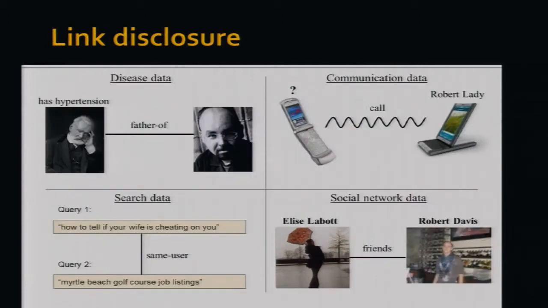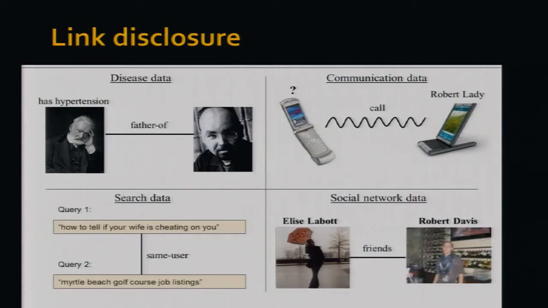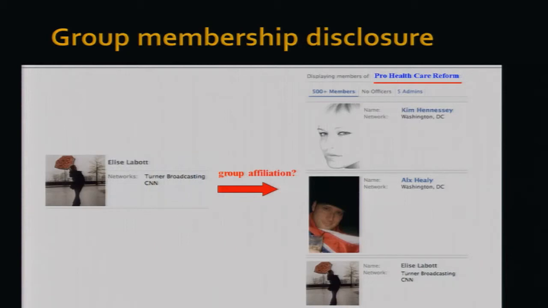Then two other disclosures that are important once you have graphs are links. It may be the case that certain kinds of links are very sensitive, and so you want to think about what's involved in making sure that you can't tell that someone participates in a certain kind of relationship. And the last one I'll mention is group affiliations. This is the notion that I'm a member of a community, which may be information that I find sensitive and don't want to share.